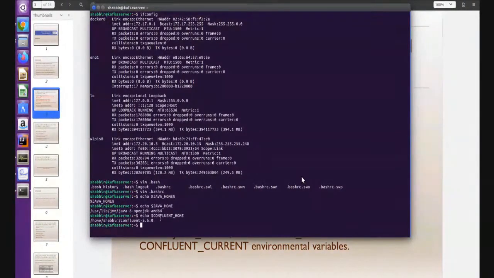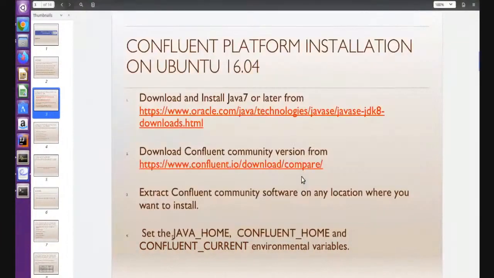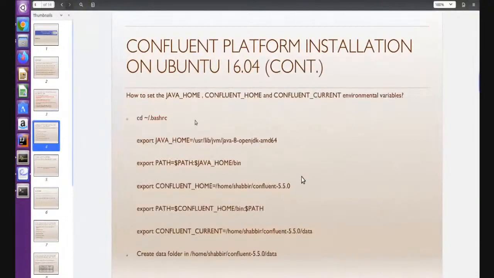So these were the basic configuration steps: download and create some required environment variables. I have mentioned here to go to the home directory RC file, and make sure this RC file is a hidden file. It starts with a dot and you will find it under the home directory, nowhere else.